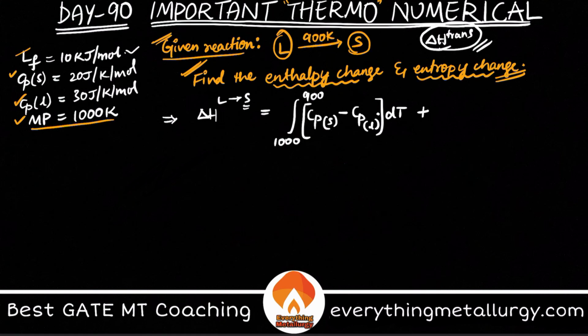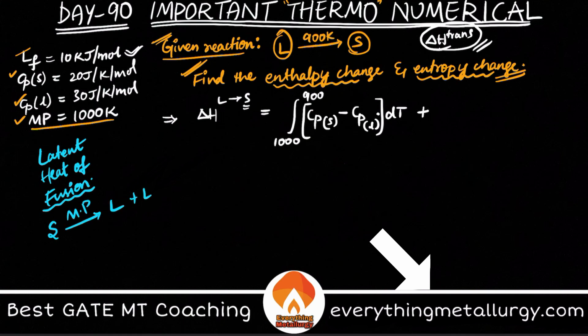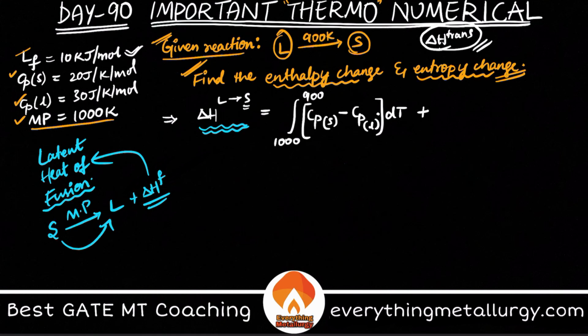Here we have something called latent heat of fusion. What is latent heat of fusion? First of all, what is fusion? Fusion is nothing but melting. At the melting point, when solid is converting to liquid, you absorb some amount of heat, which is the latent heat of fusion. But here our reaction is the reverse of fusion, correct? We are cooling down instead of heating and converting solid to liquid. Therefore you need to take minus LF.